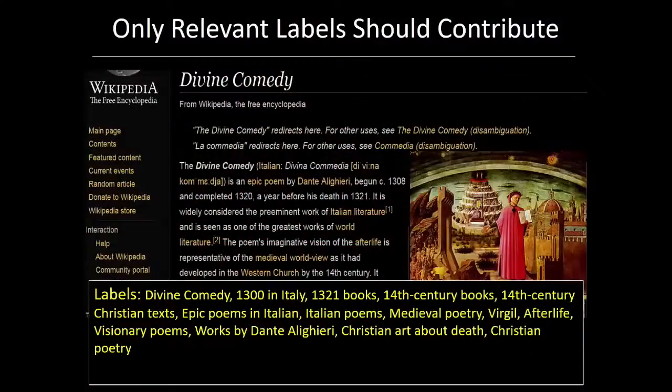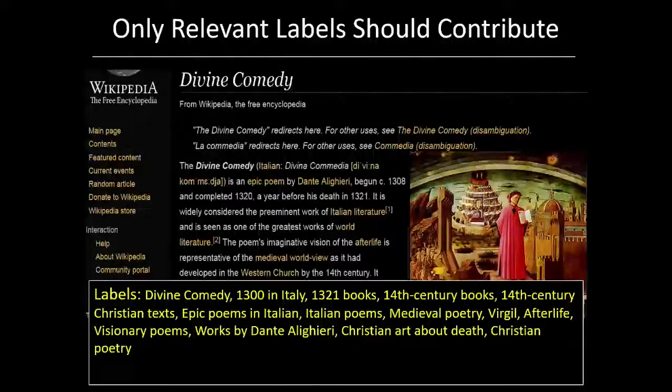So our first design principle is that extreme losses should be computed on the relevant labels alone and should not be influenced by the irrelevant labels. This is because any given data point on average will have only a handful of relevant labels, but millions of irrelevant ones. So it therefore becomes far more important to correctly predict the relevant labels and to ensure that they are highly ranked than it is to predict the irrelevant labels. So for instance, in this example,